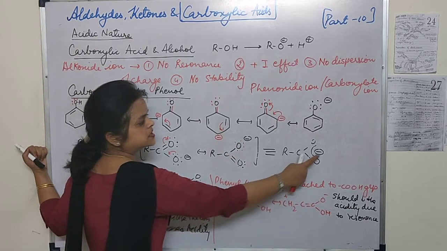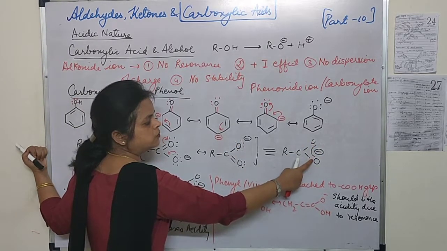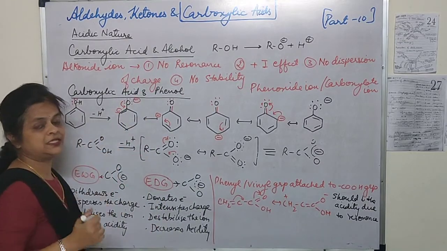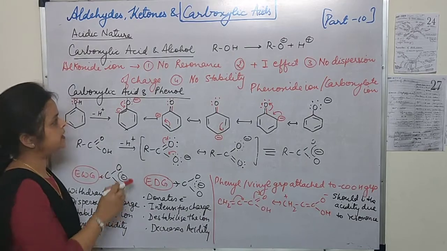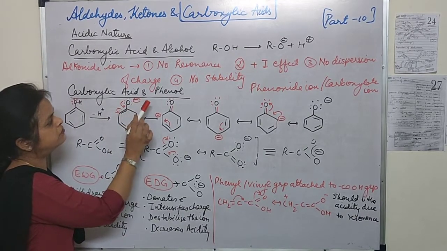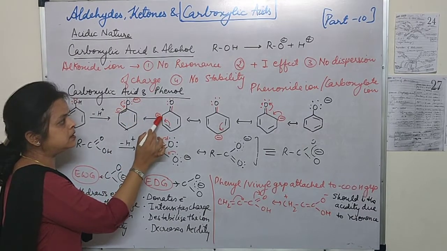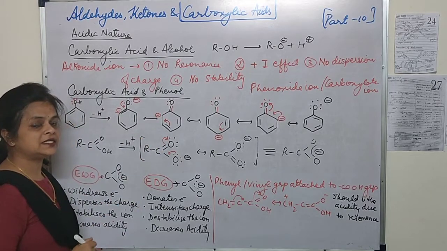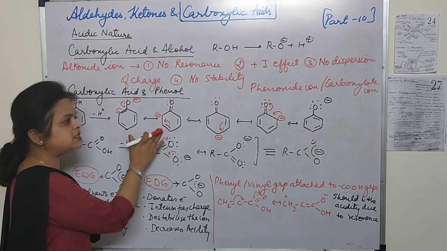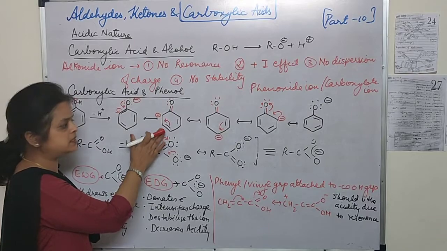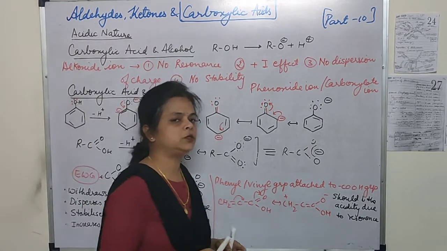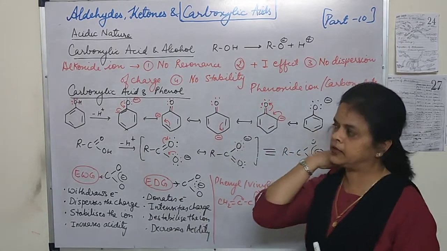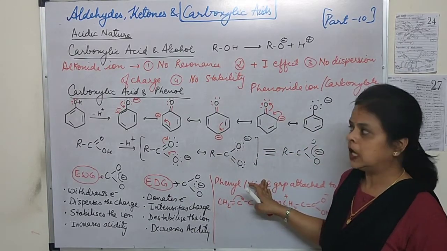Here we had shown this negative charge is delocalized over two oxygen atoms, which are more electronegative, and here there is a delocalization of this negative charge on one oxygen atom and the carbon atom, which is less electronegative. So there is less effective delocalization taking place as compared to the carboxylate ion. So the two reasons you can write in a summarized way, because this has many a time been asked.